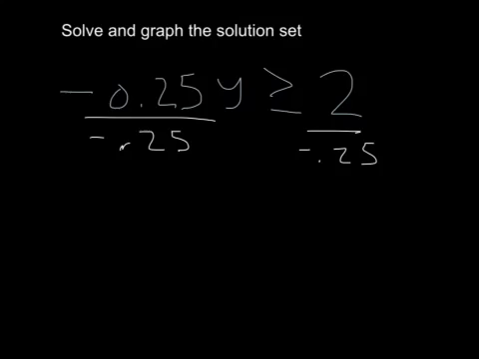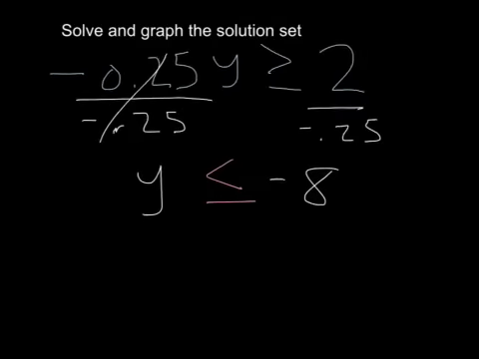Since we divided by a negative, we know our sign is going to flip from greater than or equal to less than or equal to, and then we are going to have y left over here. These 0.25s are going to cancel out, and we'll have y less than or equal to, and this is going to give us